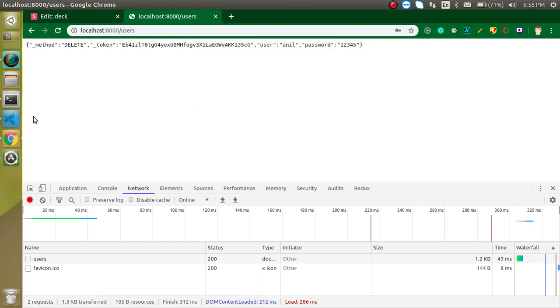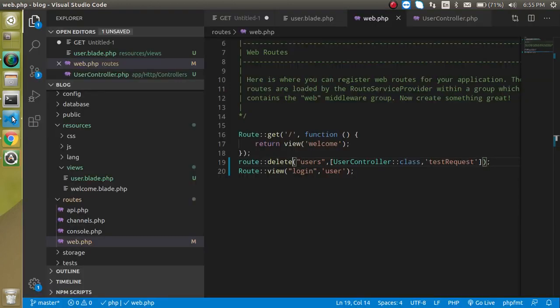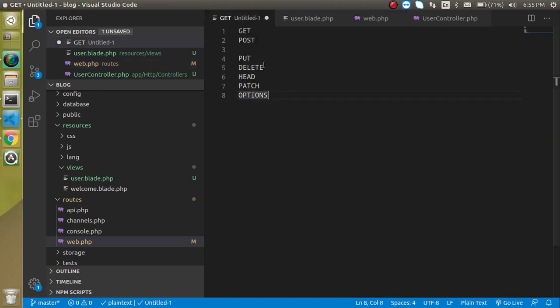So that's all right. So now I have a question, which is you can see that we tried the get, post, put, delete, and we can use everything. What is the difference between put and patch, right? Okay, I will just repeat all of them. You can find out about the patch. Get is used for getting the data, post is used for saving the data, put is used for updating the data, delete is used for deleting the data, head is used for extra parameters like header and all. Optional parameter will check whether our server is working fine or not, right? So you need to just comment it out and check out about the